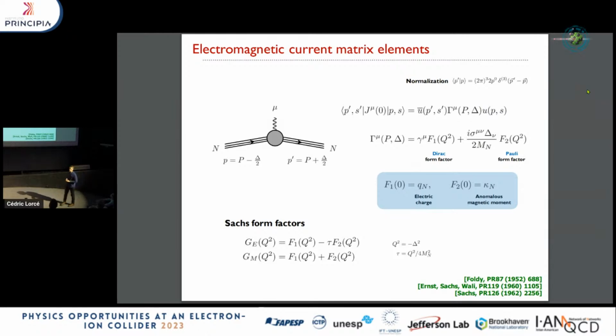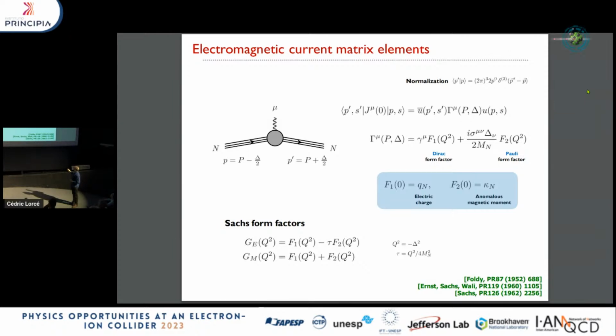So first, we need to have the field theoretic definition of the electromagnetic form factor. Essentially, it's an invariant function that describes the interaction of the photon with an external target, which can have internal structure. So it encodes all the internal structure, and based on Poincare symmetry, if you look at the matrix elements here,